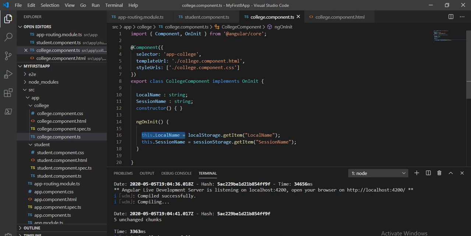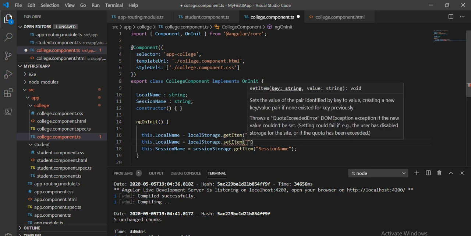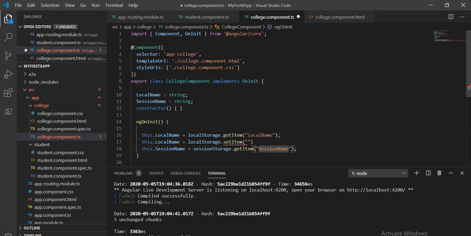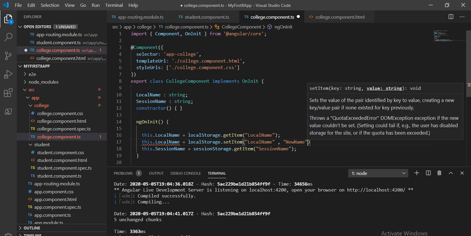So I will assign copy dot set item, and I will assign a new value to this same key. The value I will assign is new name.